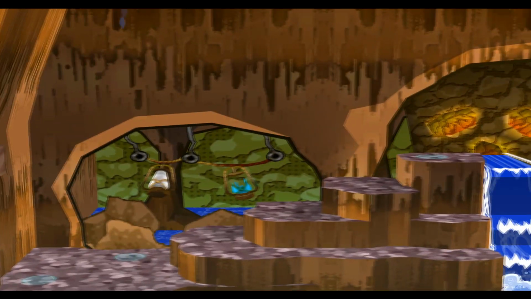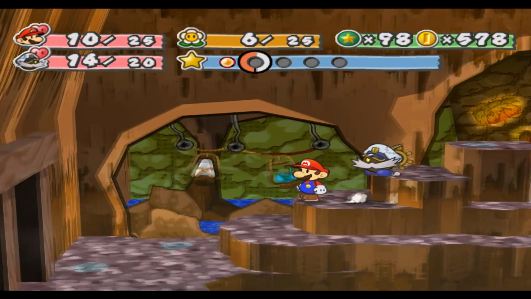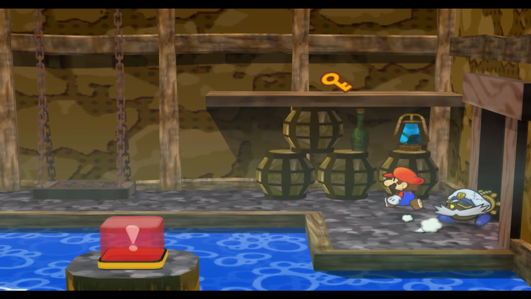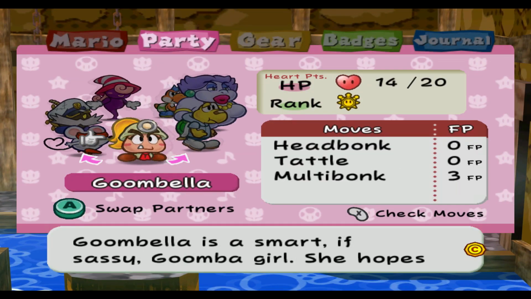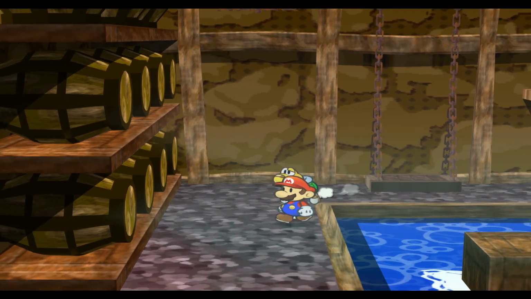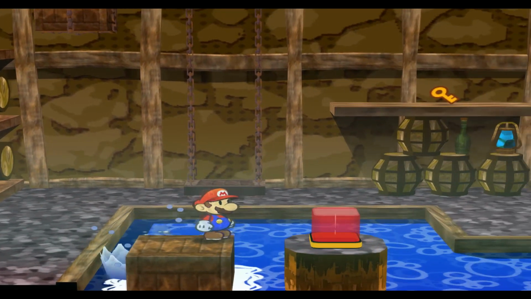Yes, I fell on that last time too on my practice run. I don't know why. I'm impatient. But heading on over here, we're gonna want to use Koops once again. It's been a while since we actually used Koops' ability. So what you want to do is just kind of jump on there